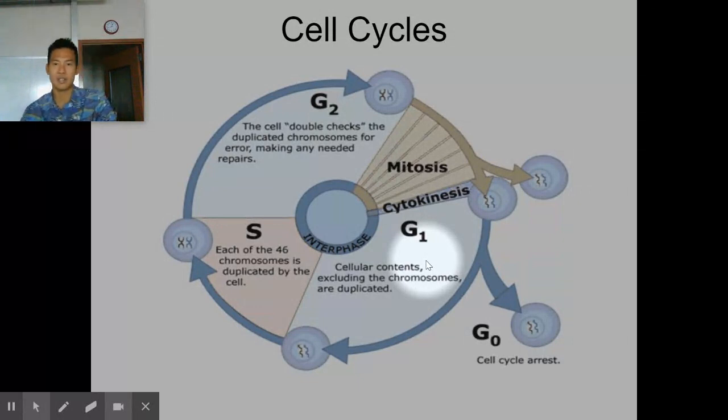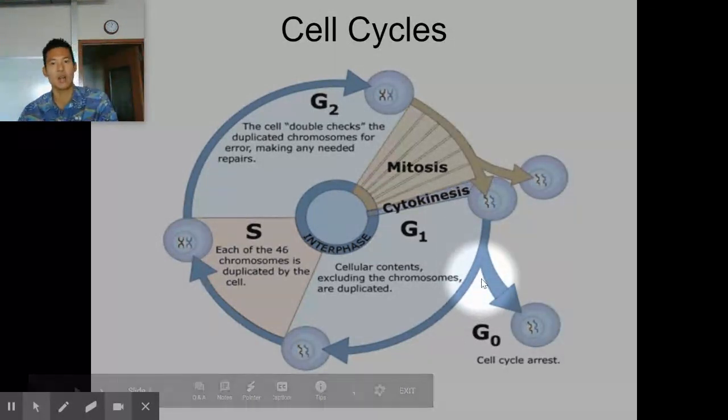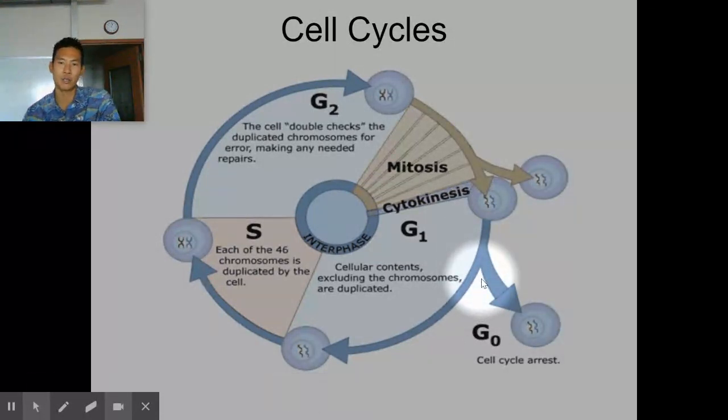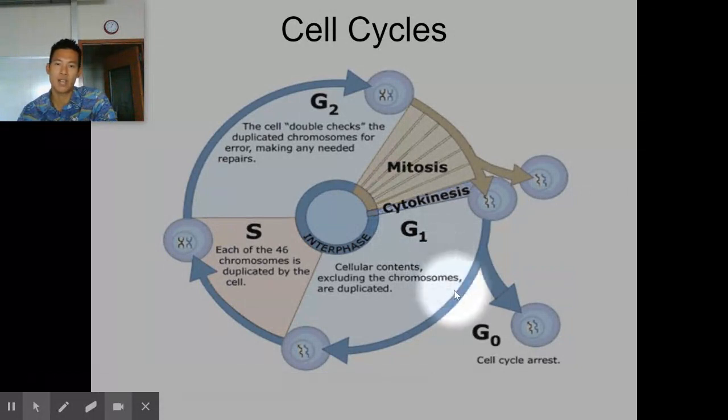Okay, so here is the picture representation of what I just stated. First, let's start right here, a single cell. Now, this single cell, for example, just came out of mitosis. It's a baby. It's small. It has to do some growing. Once it's done some growing in a G1 cycle, G1 stands for growth or gap one. So it's either growing or it's a gap in which it's staying still.